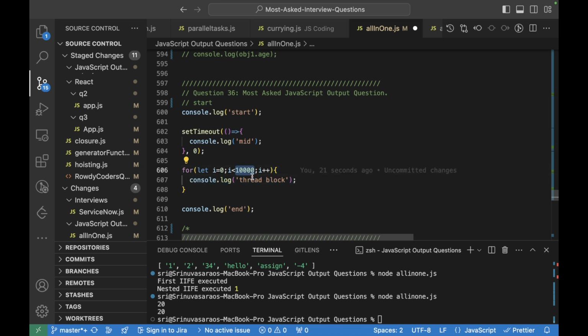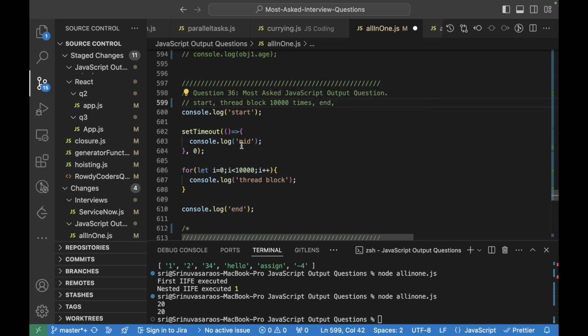Okay, so this particular thread will be blocked and run 10,000 times here. After this 10,000, which means this one will be logged almost 10,000 times. After that, end will be logged. Okay, so it will log 10,000 times, and then this end will be logged.